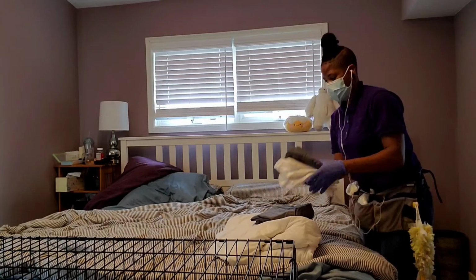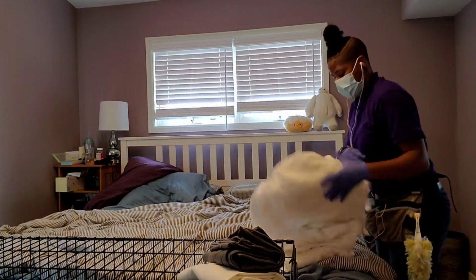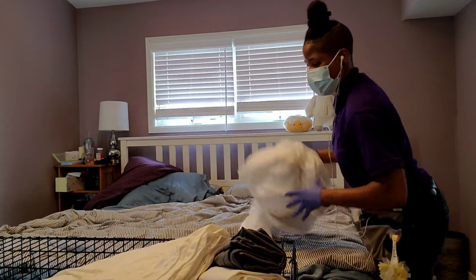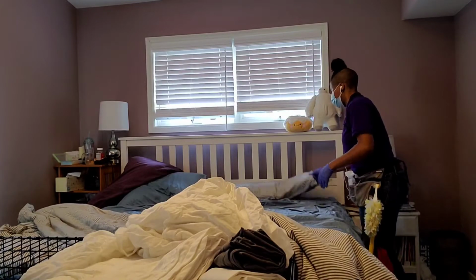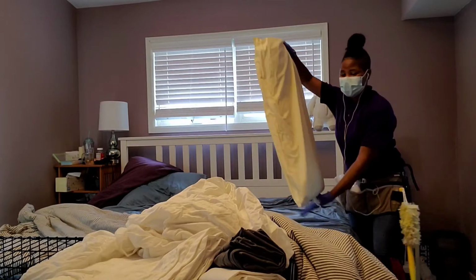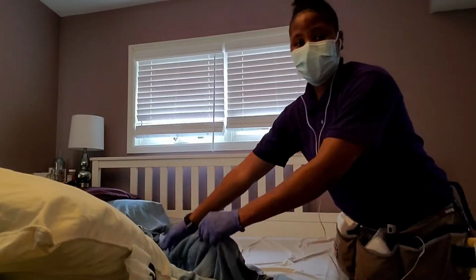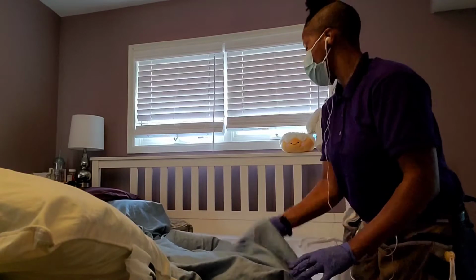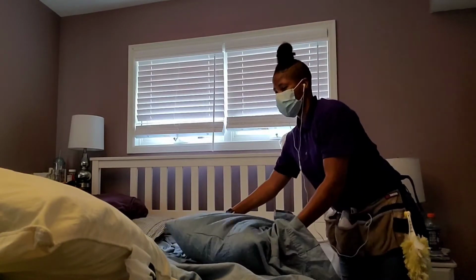So I like to move all the fresh bed sheets and linens to the side, making sure that your pillows, your bed sheets, your duvet cover, or your blanket on top doesn't touch the floor. Those are things that we sleep on and our face is going to be touching. So we want to make sure that we treat our skin with respect. So I'm just pulling back all the sheets and everything to the side, just basically stripping the bed and preparing